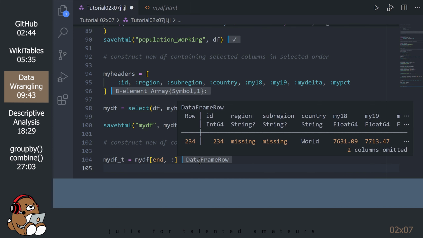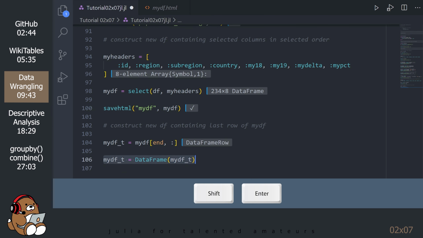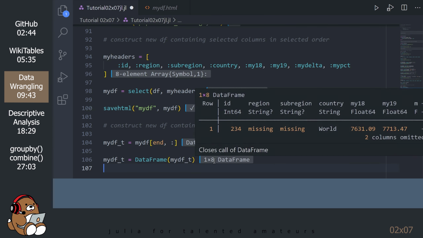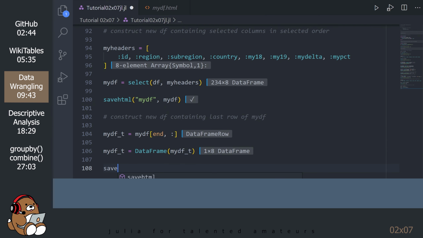This is the data we want. However, this creates a new data type called a data frame row. This is not what we want. We want an actual data frame, which we can make by using the data frame constructor. Go ahead and save this data frame as an HTML file.